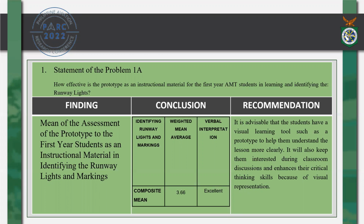As to the professor's performance in utilizing the prototype model, the result was an excellent interpretation on the clarity of the runway markings, also an excellent interpretation, and another excellent response in rating the quality of the prototype model provided. The majority of the respondents answered that they are equipped with excellent skills in determining the various runway markings